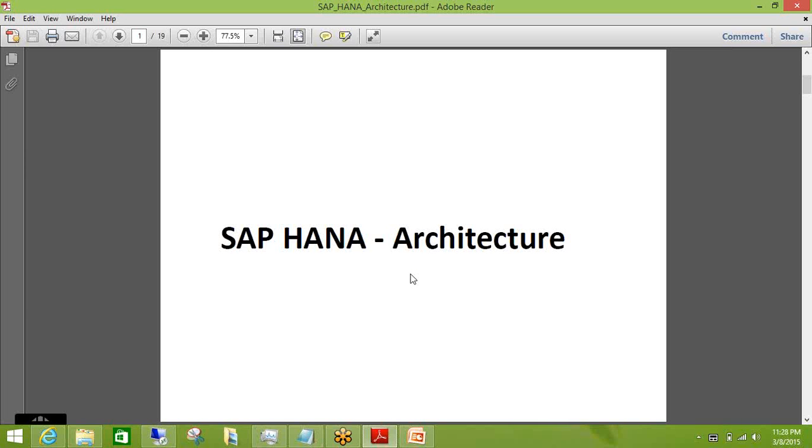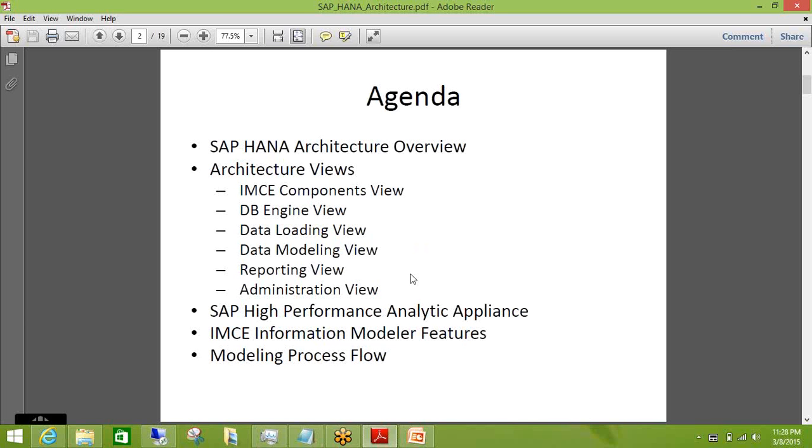In architecture, what we are going to cover is the HANA architecture overview. To be very frank with you, these topics are very theoretical in nature. Sometimes you may get bored. Bear with me. When the demo starts, you will have more clarity on the HANA processes and components. Just bear with me for these topics, because ultimately I have to cover them, as they are aligned to your certification material also. I don't have any other way out. So HANA architecture overview: what are the architecture views? Then high performance analytic appliance, IMC modular features, and modeling process flow. We are going to cover these topics as a part of